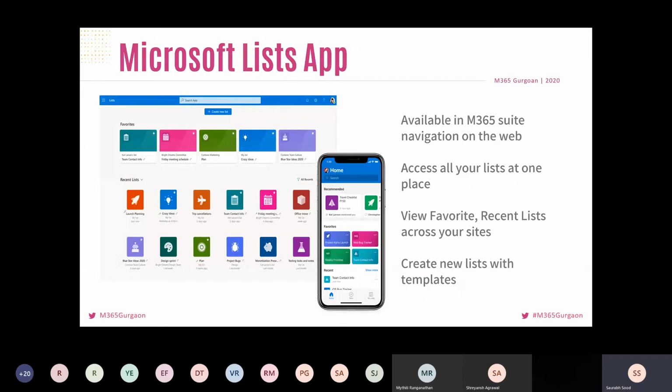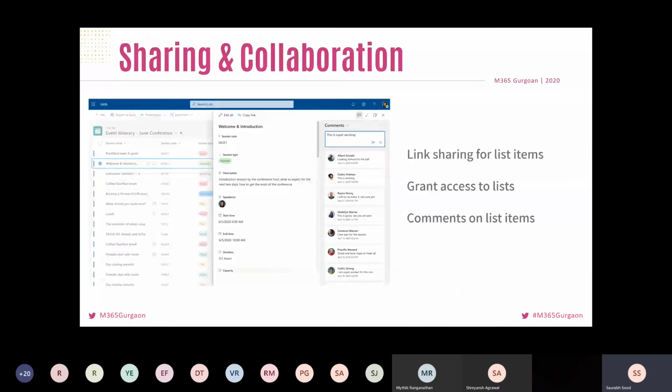Once this app is released and makes it to your Suite Nav option, the theming will become more consistent. And for the roadmap questions, beyond what we have shared, please track the Ignite sessions and the news that follows it. There will be specific clarity on which features would be coming in lists, but we can answer some of the features that we are more aware of, and please feel free to post more questions.